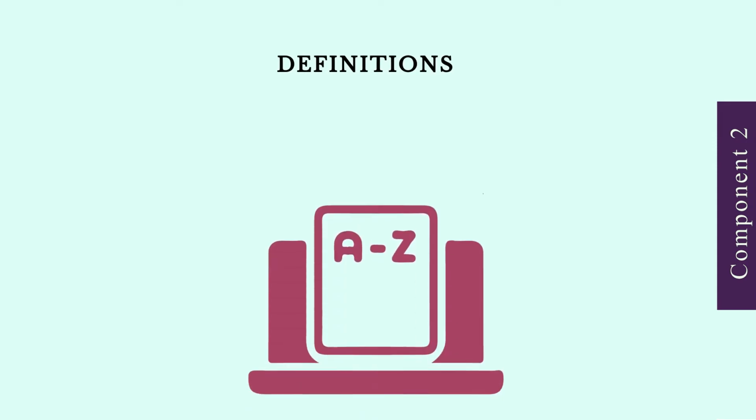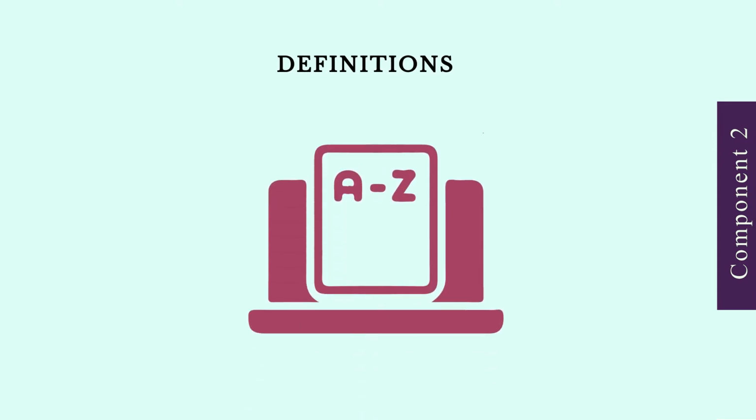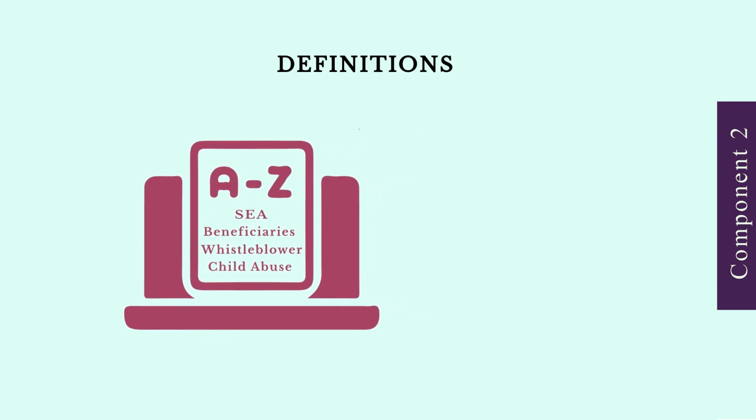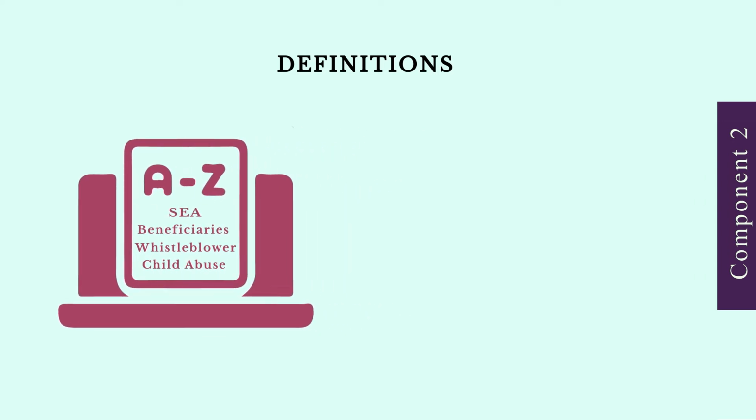The second part of the PSEA policy shall include the definition of key terms used in the policy. This includes terms like SEA, beneficiaries, whistleblower, child abuse, etc. The terminologies can differ from one organization to another. For example, it is important to describe what beneficiaries means to a particular